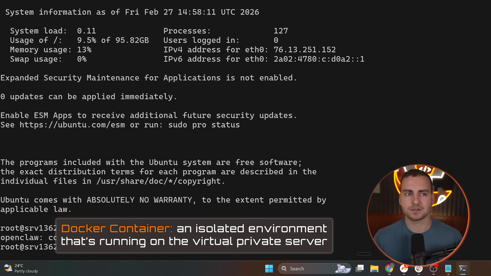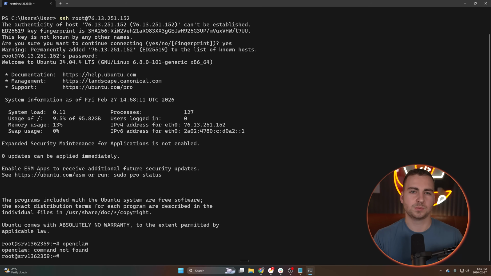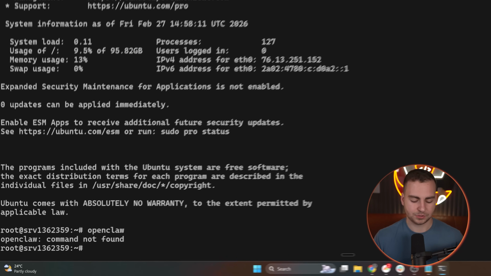A Docker container is just an isolated kind of environment that's running on the virtual private server, and it makes it so we can really easily restart the environment or shut it down, or create a new one if we need to, as opposed to installing everything directly on the server and not inside of this environment. Again, I'm just giving you some options because I don't know how your OpenClaw is set up. So from here,